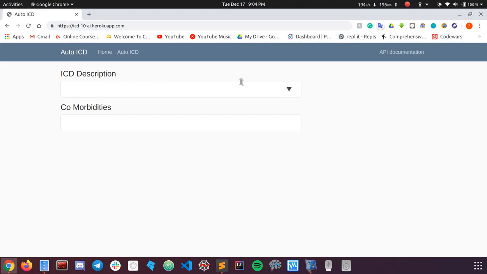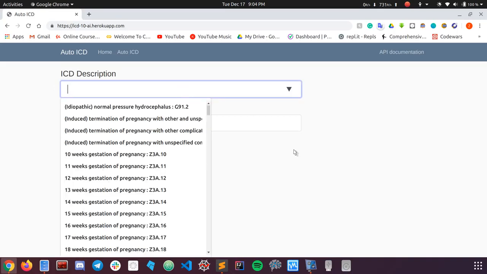So on the home page you can see ICD description and comorbidities. If you want any code for a disease, or if you want the disease for a code, you can just type it.